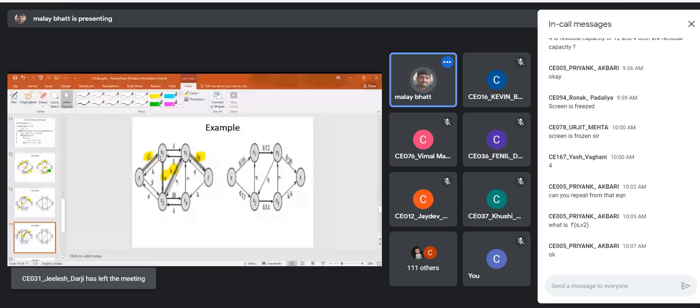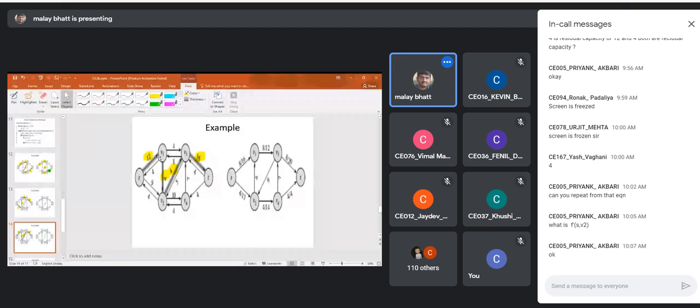What is F V2 to V1 in the original graph? Just look at this picture. It is 4. It is the flow value. So we'll write 4 here.